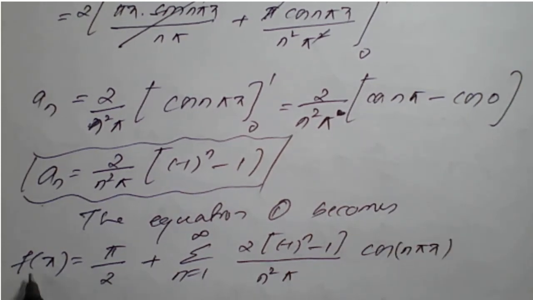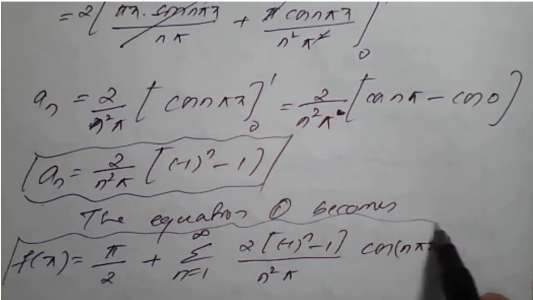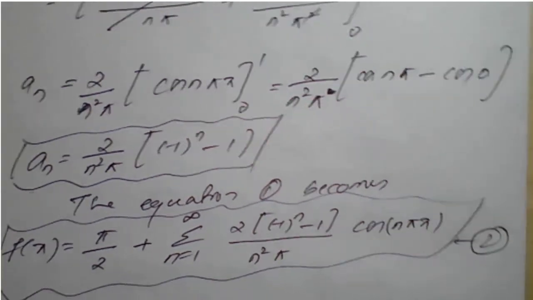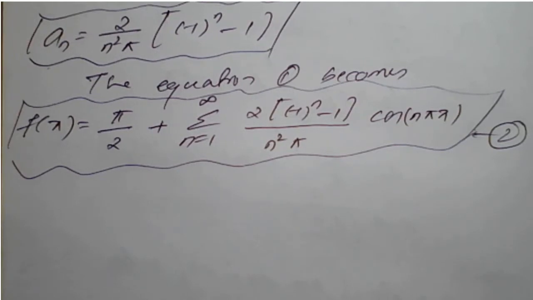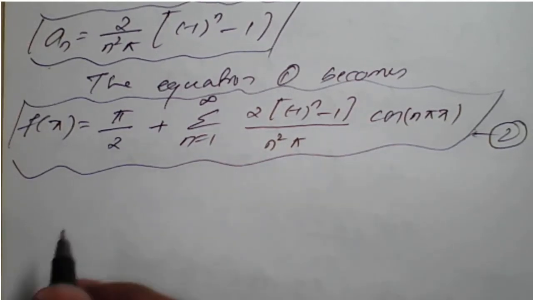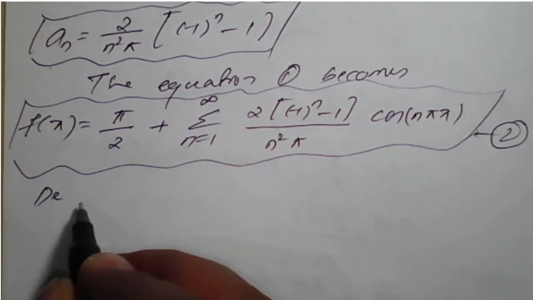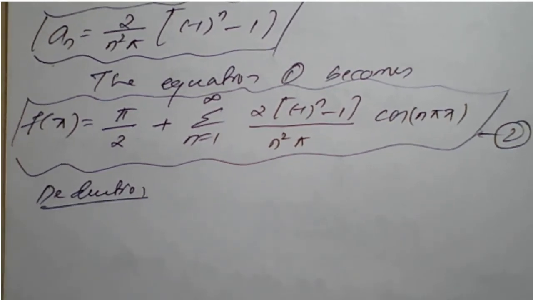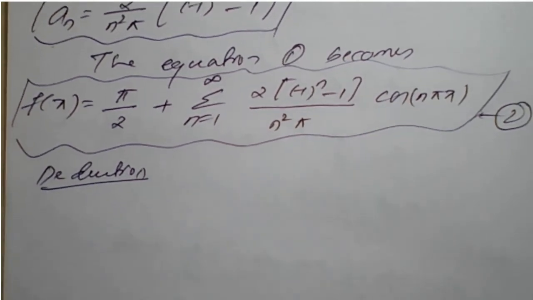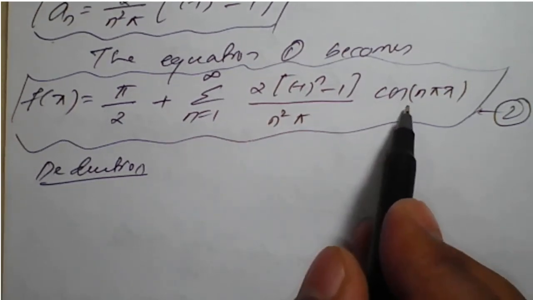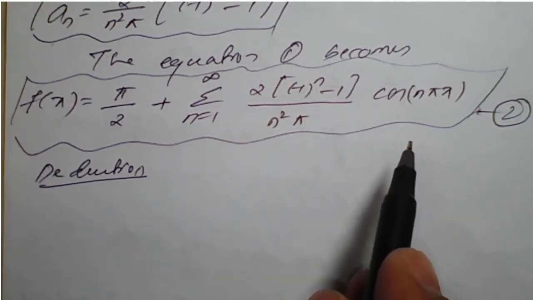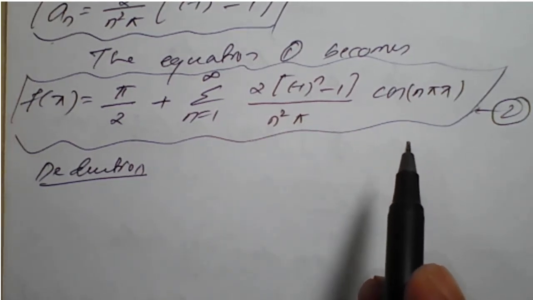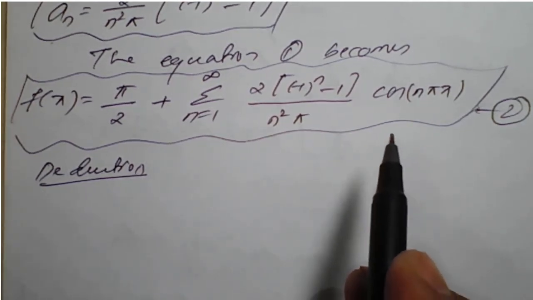So this is our equation number 2, because we need to go for the deduction part here. So using 2 we'll go for deduction, or expansion. So the deduction part or expansion of our equation number 2. As we know that the cos function is there, at that time we'll think of applying the value of what here, x, we need to check here.